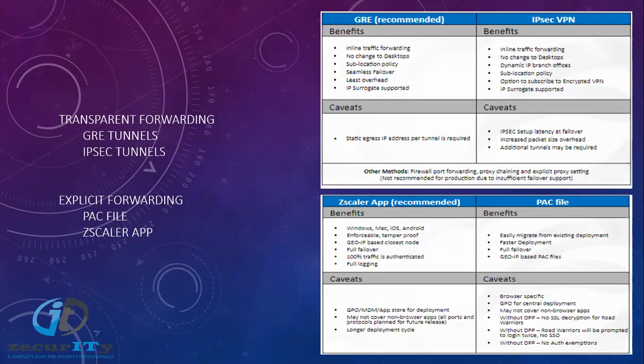The Zscaler agent will connect to the Zscaler cloud based on the geo IP location closest to the user location. The failover is automatic. If the nearest node fails, then the next nearest node will be chosen automatically, and the failover will be seamless for those users.